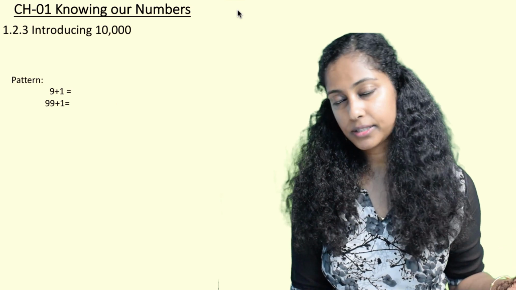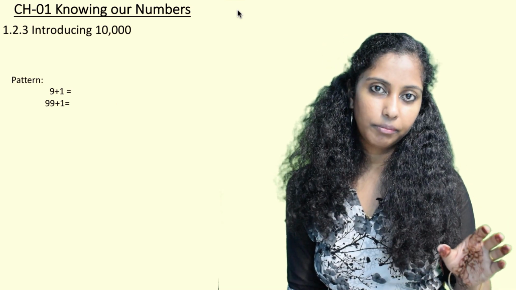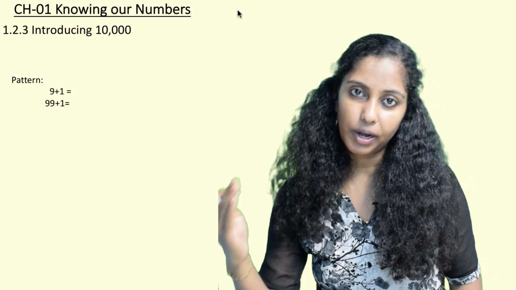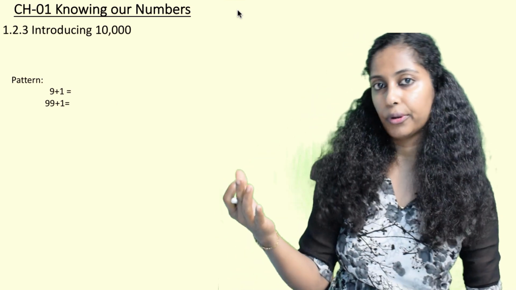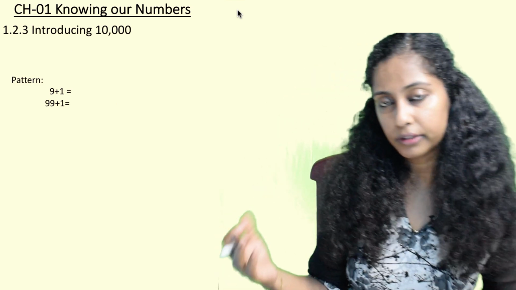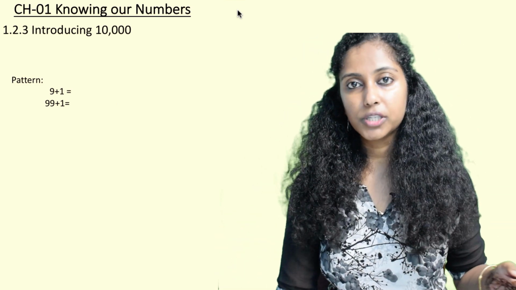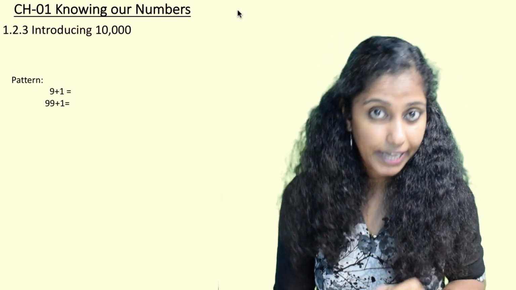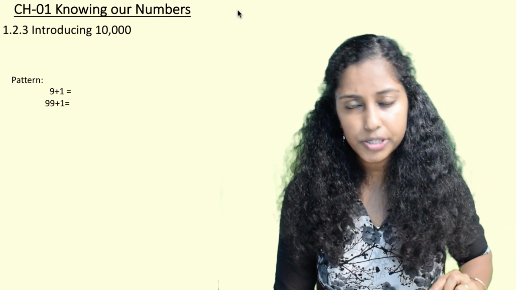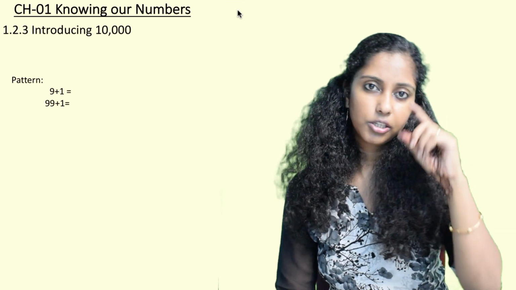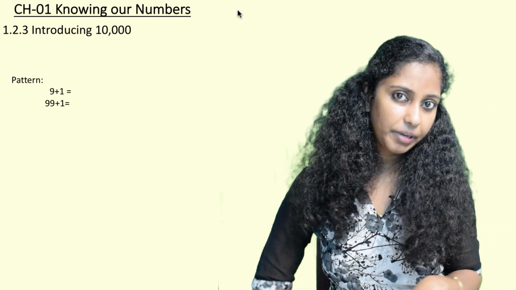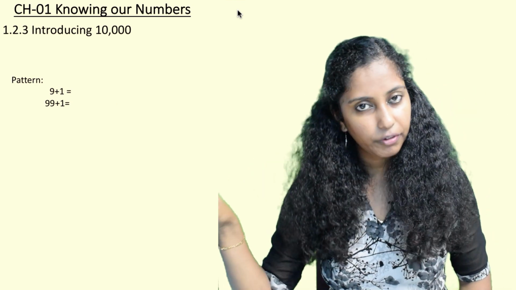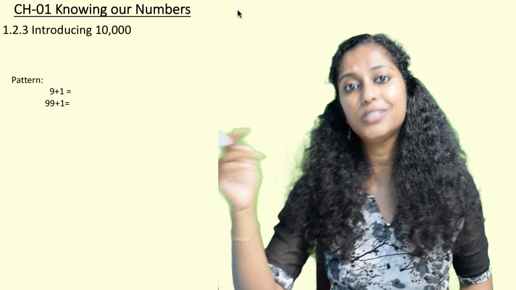In our previous classes, we have learnt about smaller numbers as ones, tens, hundreds and thousands, and now we proceed one more step further, that is we are going to learn about 10,000 and other numbers also. We have also learned that 1, 2, 3, 4, 5, 6, 7, 8, 9 are the single digit numbers. In these single digit numbers, the smallest digit is 1, whereas the biggest digit is 9. Now, after 9, the next number is 10.